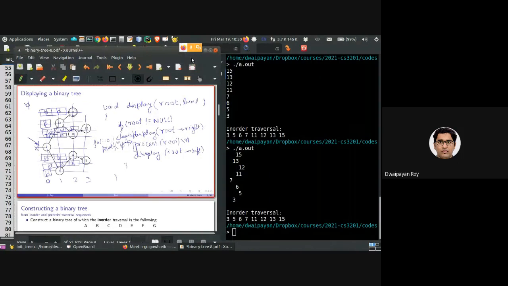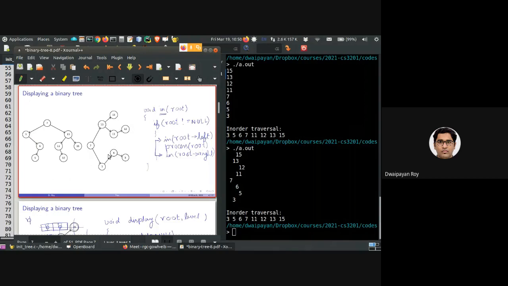So as you can see, the tree is now, so basically 7, 3. So let's go here. Yeah, 7, then 3. So as you can see, it is in the same level, and then 6, one level in the right. So 6, 11, and 15 are in the same level, and 12 and 5 are in the same level. 3 and 13 are in the same level, and 7 is in the same level. Correct?